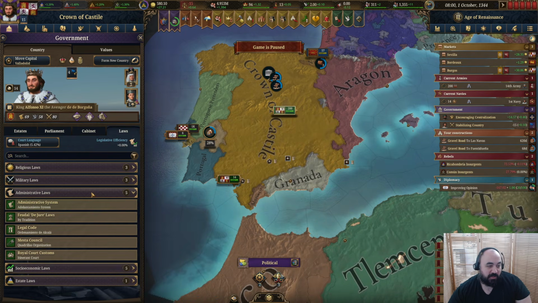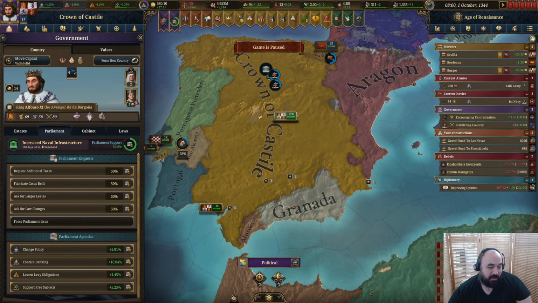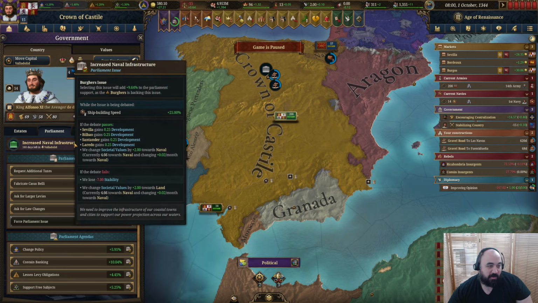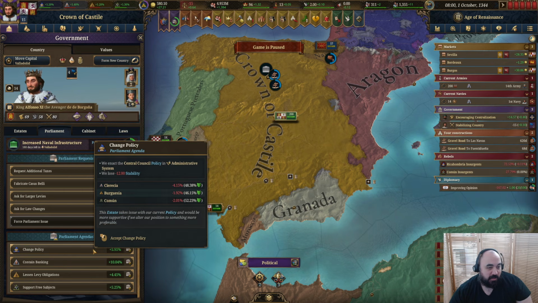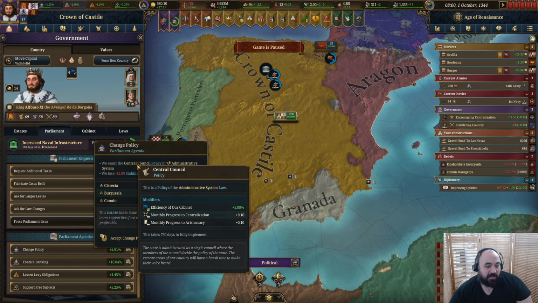Again, our laws are relatively good, otherwise we would be prioritizing that, and so this is probably our parliament that we're going to be having, just the increased naval infrastructure. Little bit of a... yeah, we don't want to fail because it'll push us towards land. It's not the end of the world, but I think that this is probably just going to be our parliament here. We see change the central council, change this, which is giving us proximity impact to this, which is